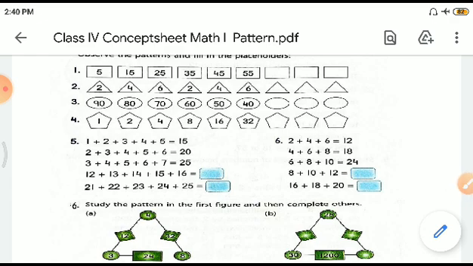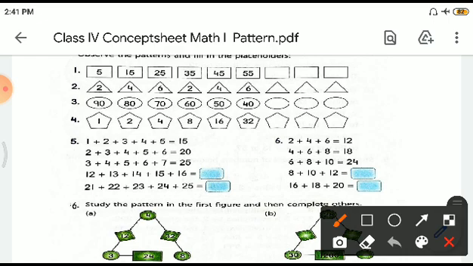Now see the fifth one here. 1 plus 2 plus 3 plus 4 plus 5 is 50. Then 2, 3, 4, 5, 6 is 20. 3, 4, 5, 6, 7 is how much? 25. 12, 13, 14, 15, 16 will be how much? See, we all know 2, 3, 4, 5, 6 is 20. And see, before every number there is 1, that is 10. So 10 plus 10, 50 plus 20, and that will be how much? 70. Use your logic, don't go into calculation so easily.